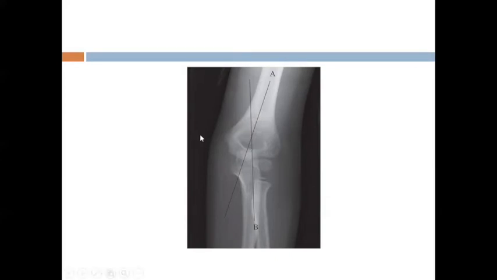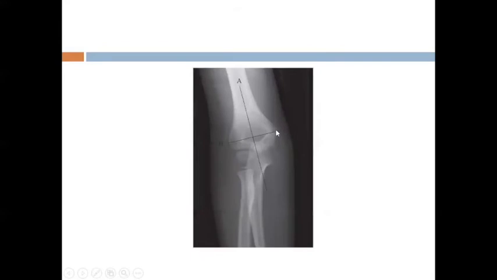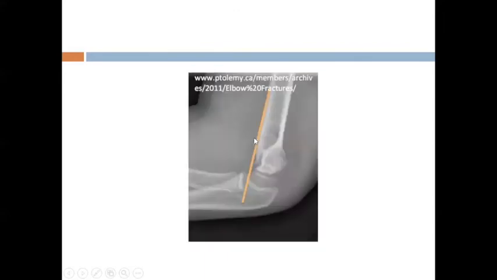And we can see the normal carrying angle while viewing this X-ray in AP view. We can check the carrying angle. And another one is drawing a line through the center of the humerus and between the medial and lateral epicondyle. Actually, this angle is between 75 degrees and 90 degrees. This is another thing. But the most important things are the anterior fat pad, anterior humeral line, radiocapitellar line, and then at last